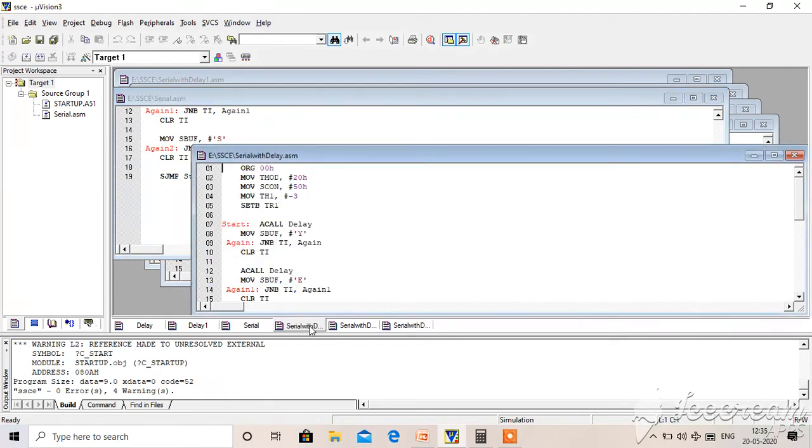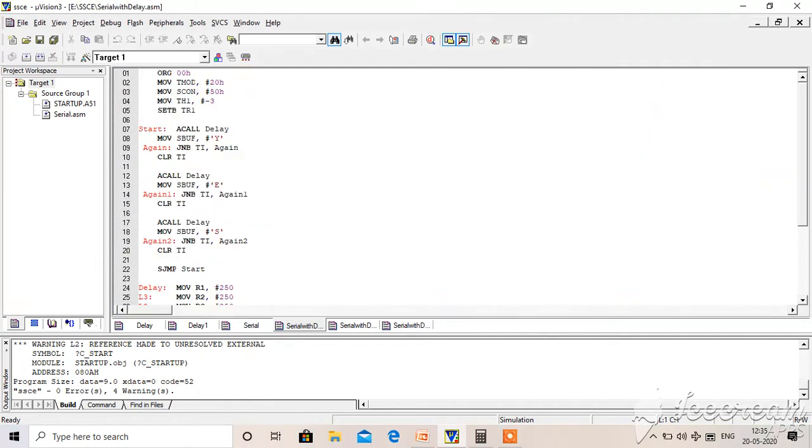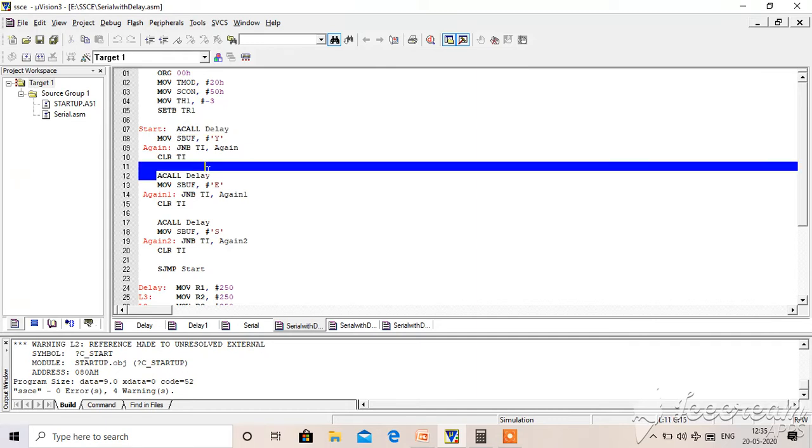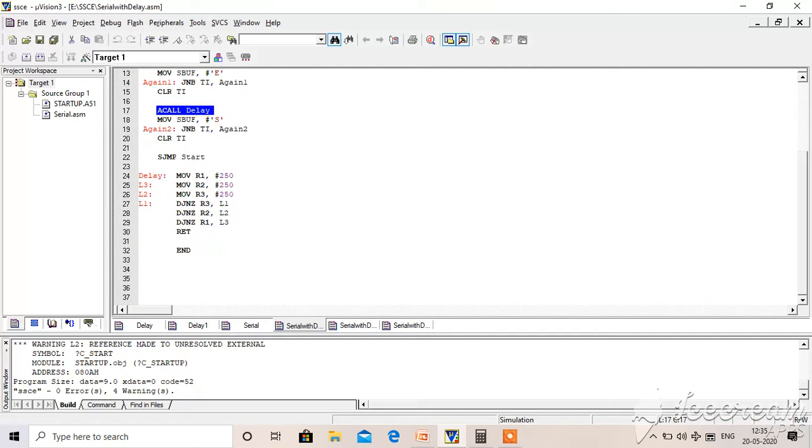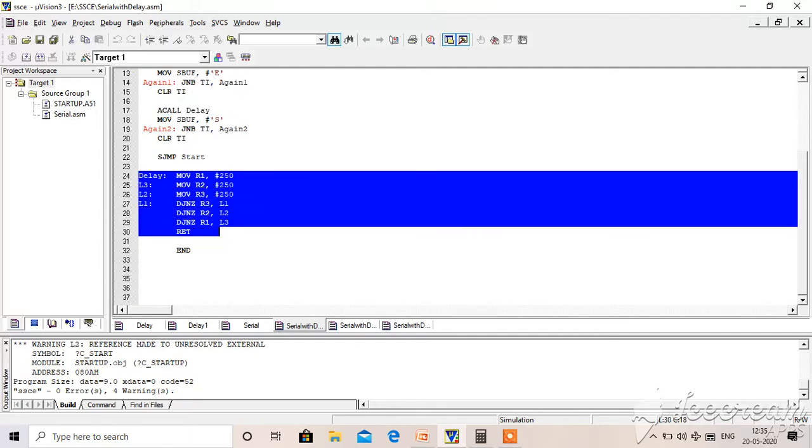So this is the program. Very simple. Same, just I introduced call delay before loading Y into SBUF, and call delay before loading E into SBUF. Small changes, and here this is the delay using software loop.